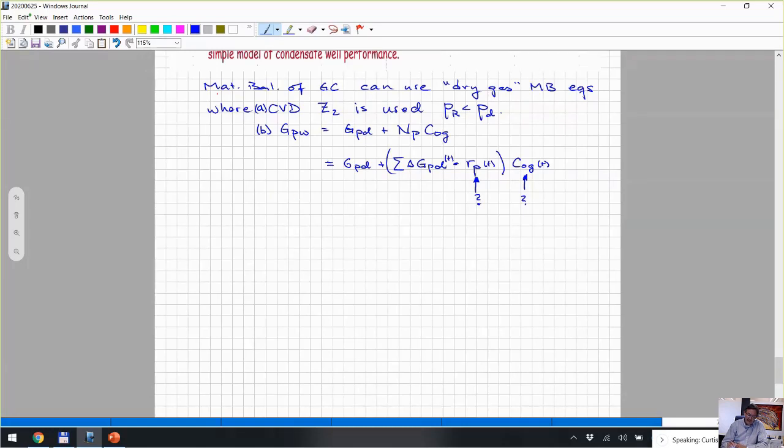One possibility in doing this is that if you say that RP at a given average pressure is approximated by the solution RS, where you take that being equal to the average reservoir pressure, okay? That's an approximation that's, let's say, reasonable. This should be reasonable for cum oil or cum condensate